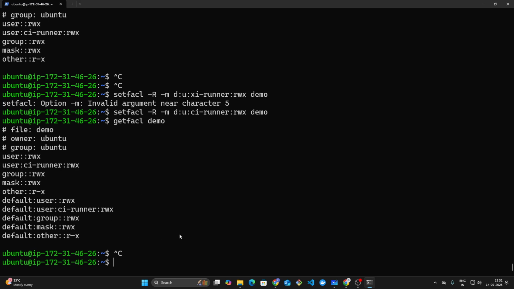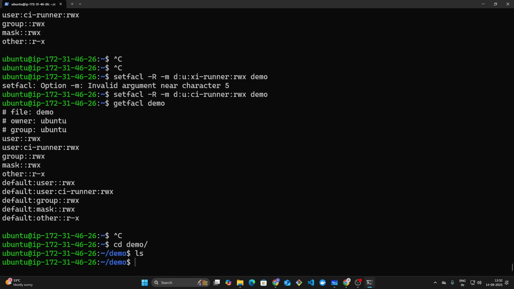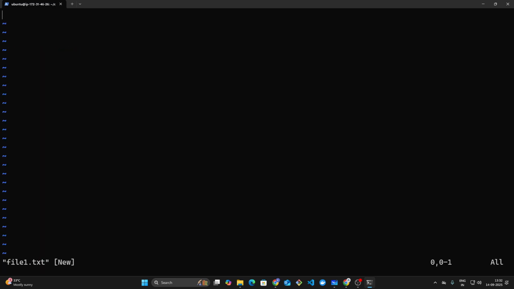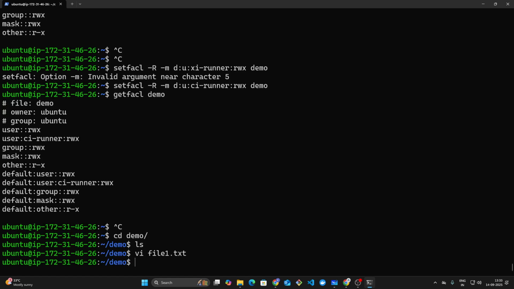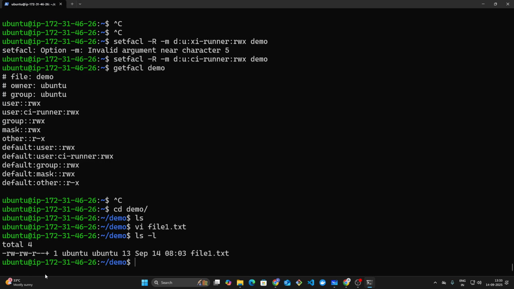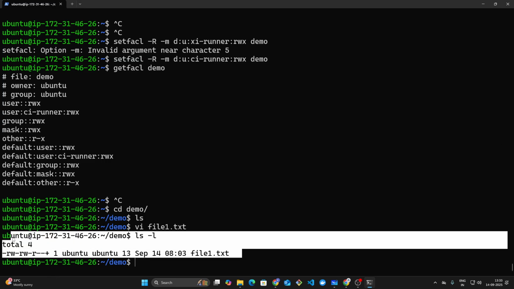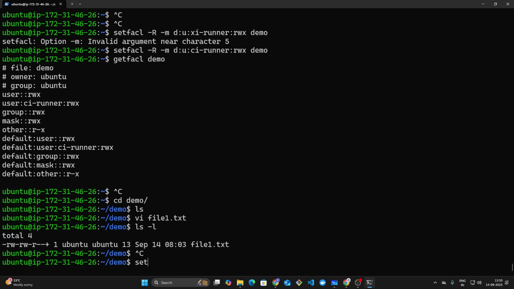see the details. For example, now I'll enter into cd demo and I create one file called vi file1.txt. Then if I do ls -l, okay, you can see this, right? And even if I use getfacl demo,